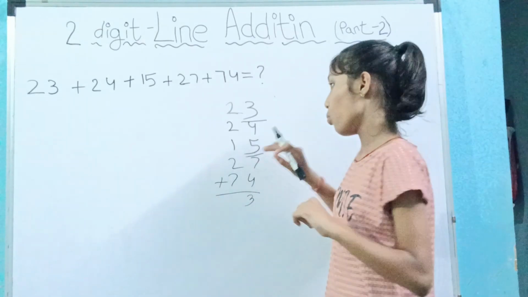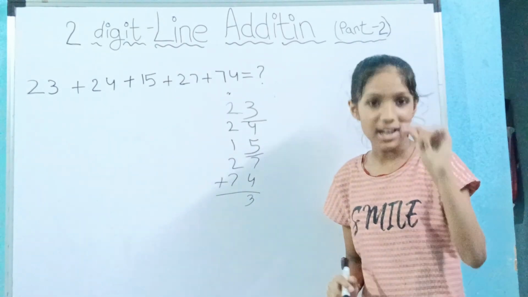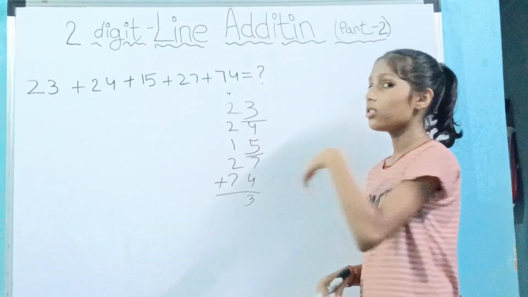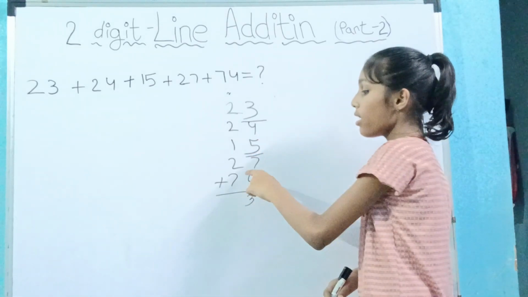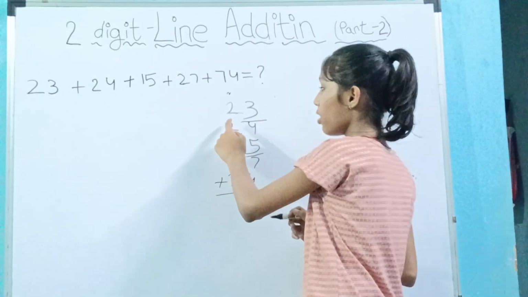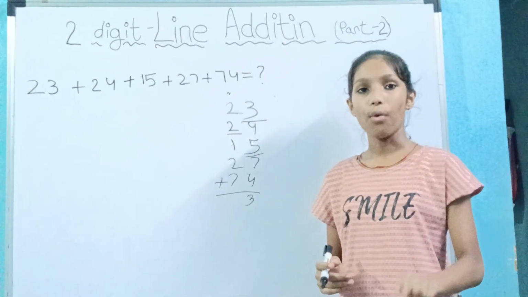Now, count the lines. 1, 2. We can't write 2 here. We'll write 2 on the top here, very small. Not so small that you can't see it and have to use a microscope, just not that small, and not too big like the question. Now 7 plus 2 which is 9, 9 plus 1 which is 10. Drop a line here. Now 10 has 0. So 0 plus 2 which is 2. 2 plus 2, 4.